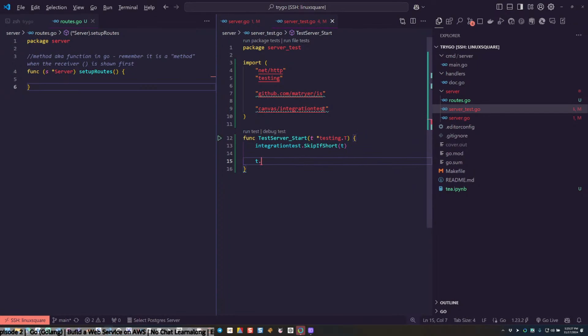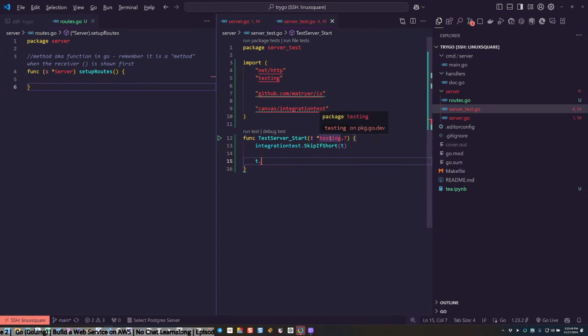So T, what is T? Oh, T is func test server. This is just a regular function. So T is the argument of type pointer to testing.T. Capital T. What is it?